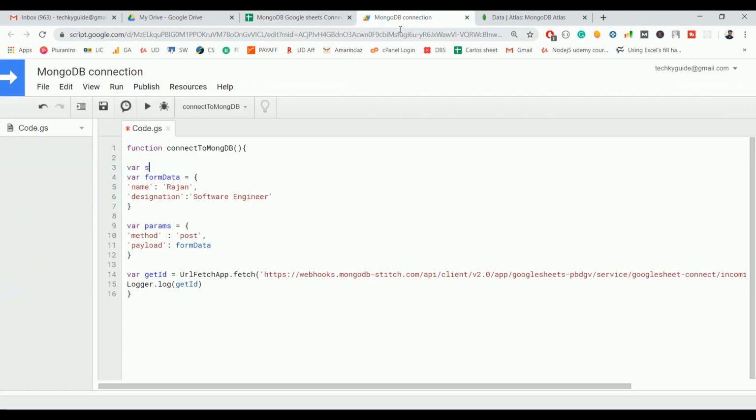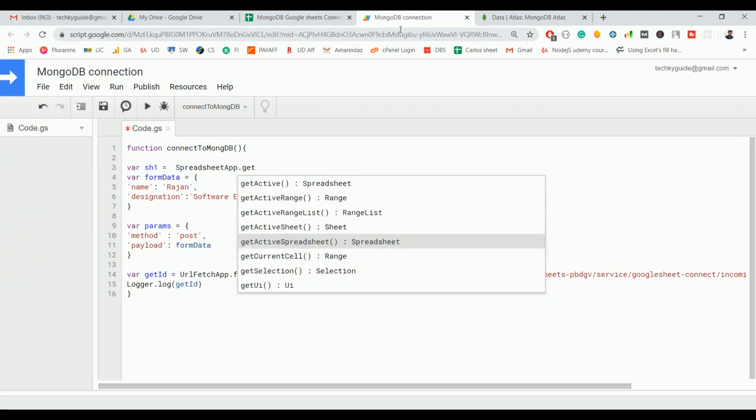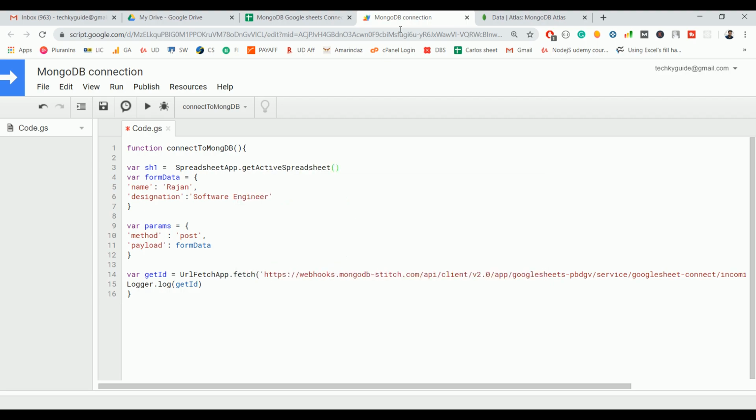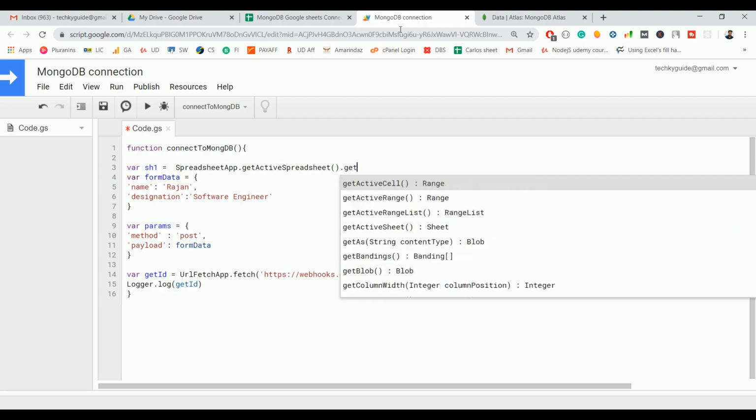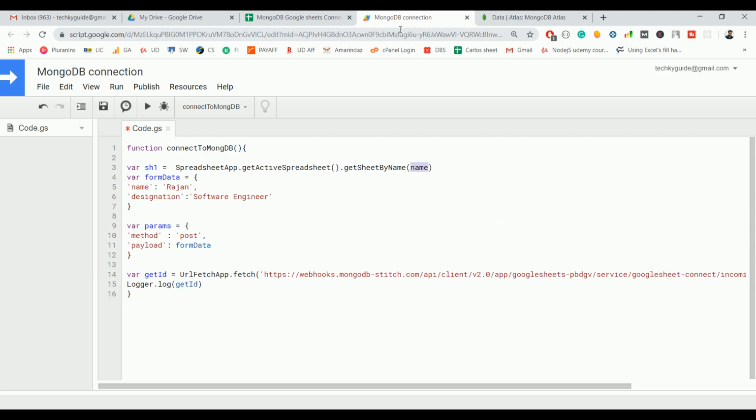Let's name this object as sh1. I have to select the method getActiveSpreadsheet, and inside the method I need to select getSheetByName to get the very first sheet, and this getSheetByName accepts the sheet name as an argument. So the sheet name is Sheet1,